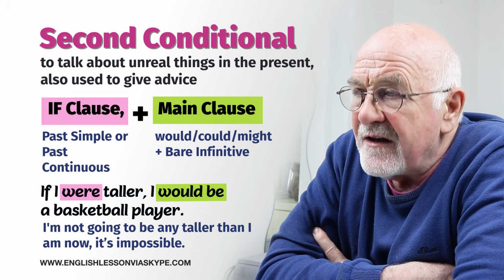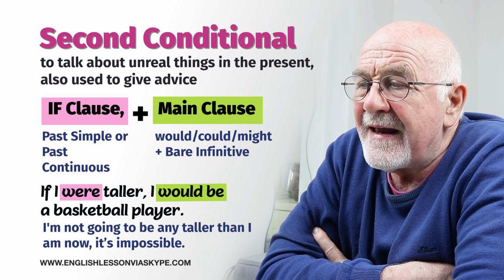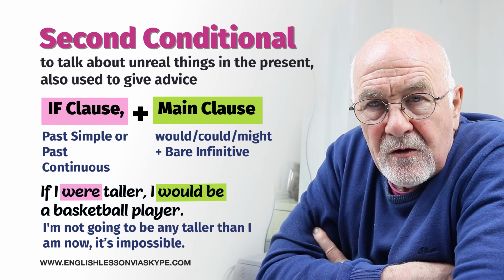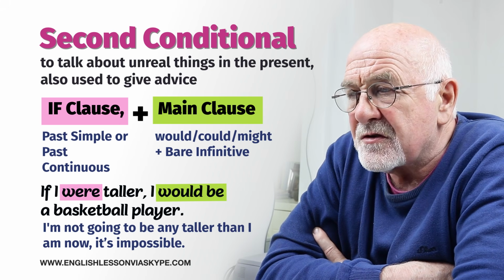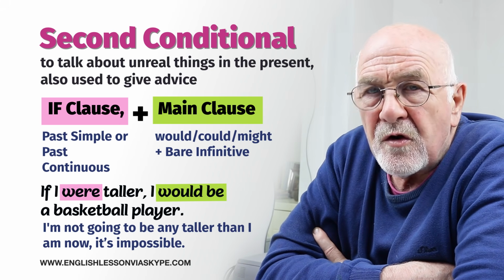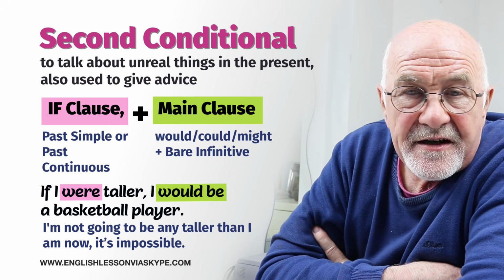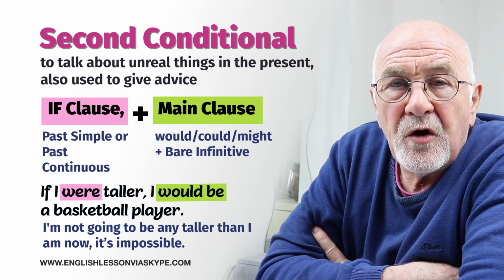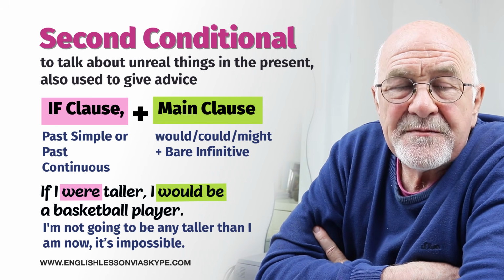And occasionally you can use could or might. Okay, so if in one clause with the past simple, and then the main clause or the second clause, would or could. Okay, so that's the second conditional, and it's about unreal present situations, but we express it by